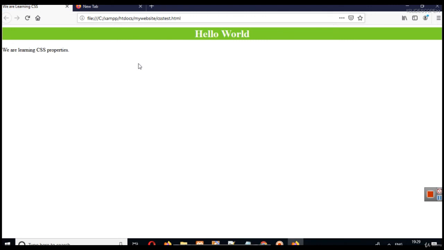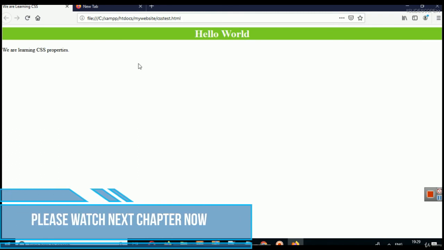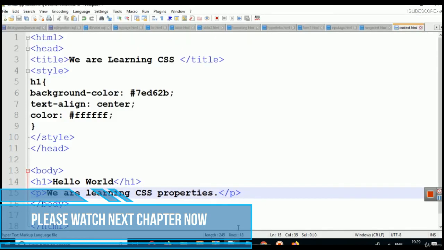It is by default black in color. The font is also default. The size of the font is not changed, and neither has the background changed. So this is how we apply some basic properties, and this is the work of CSS.